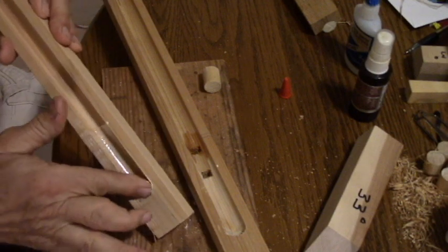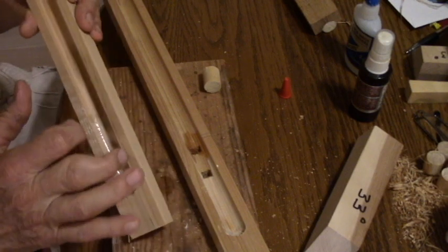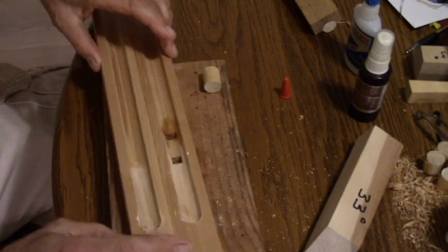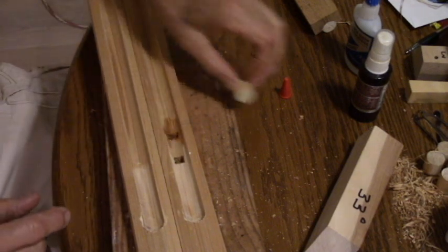In addition to this, when I finish the flute, I'm going to use tung oil. I will submerse the flute completely in tung oil, and it'll cover the inside of that also. Okay, before we glue this in, one more thing that has to be done